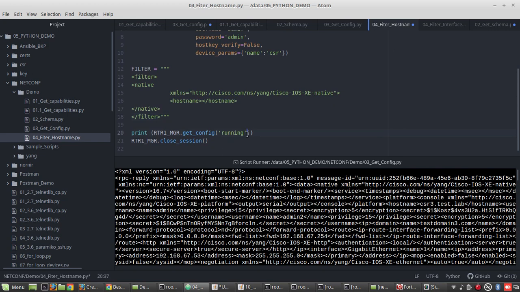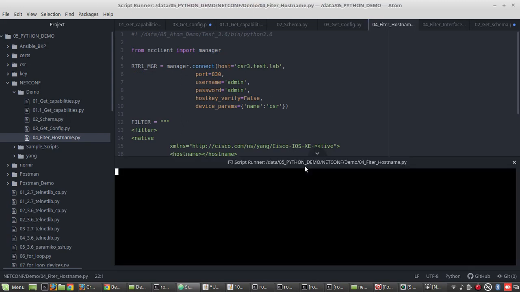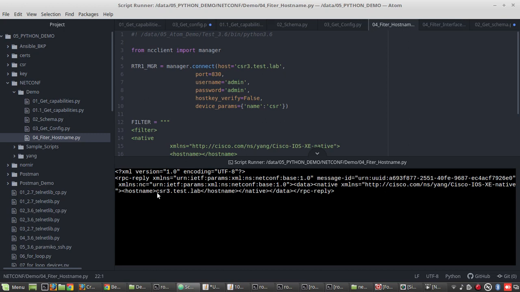Now inside the print with running configuration I'll be adding this filter as well. Now let's try running the script. Yeah, you can see it has given the hostname in the filter.